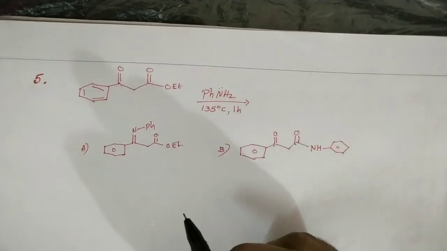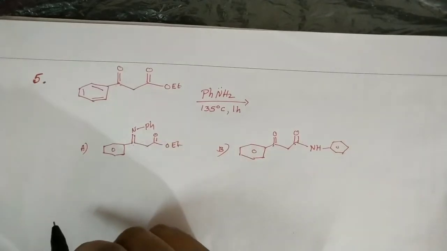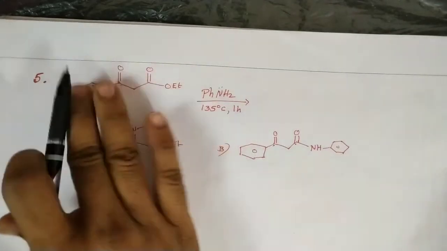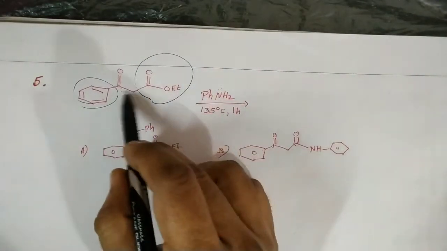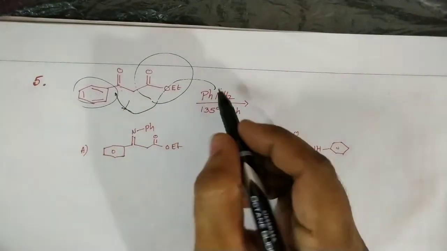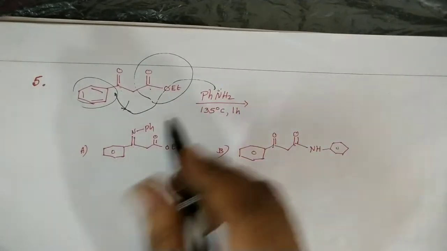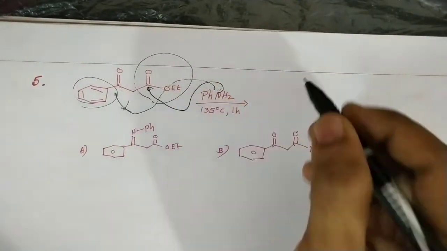On both sides there is also steric hindrance, so this is not attacked by the nucleophile. Simply, the nucleophile attacks the ester. Whenever it attacks this ester carbon,